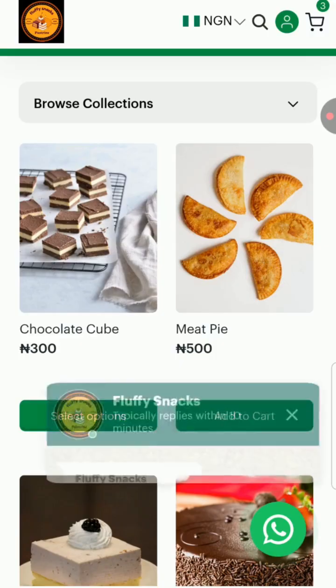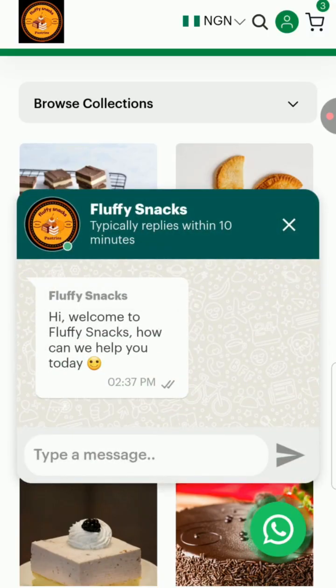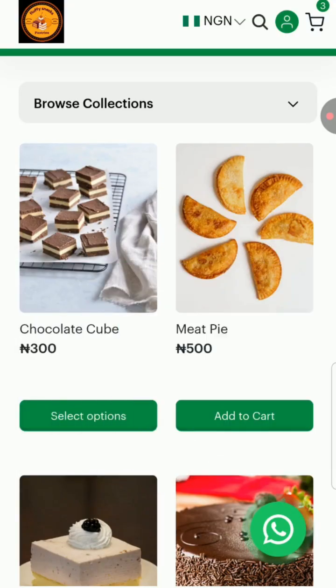So you can see these dots here. Whenever they click on the WhatsApp icon, they can send you a message to your WhatsApp number. So that's amazing, guys. These are the different ways that you can set up, the different things that you'll be learning on how you can set up the online store, and